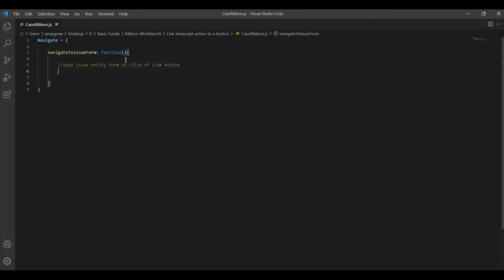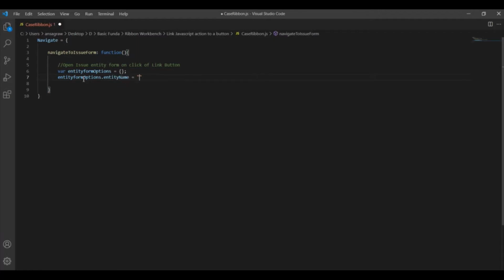So what we would need is we would need an object. So let's create an object. Now we have to pass certain parameters. So firstly what we need to do is we need to add the entity name.